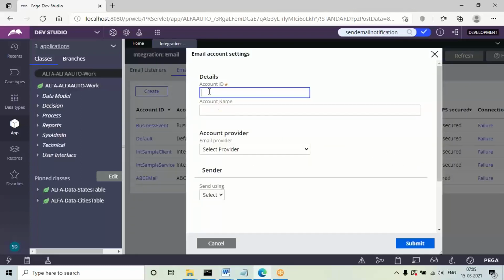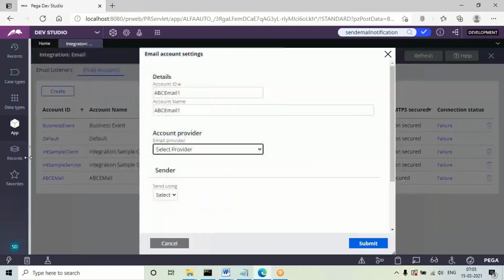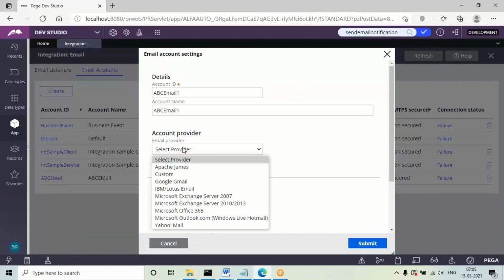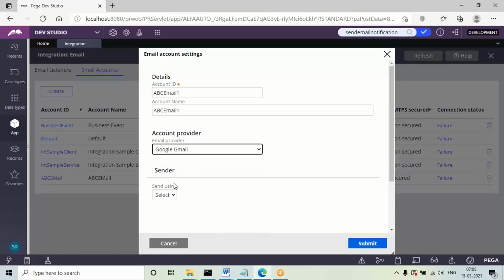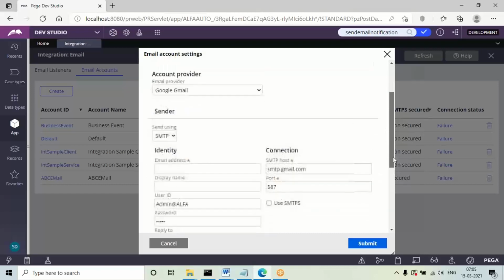I'm giving some name. Here, what type of provider are you going to choose? Gmail is the account provider I'm going to select. So select Google Gmail, or if any other email account is there in real time, they need to choose that. Here select SMTP as the sender port, and we need to fill in the parameters.